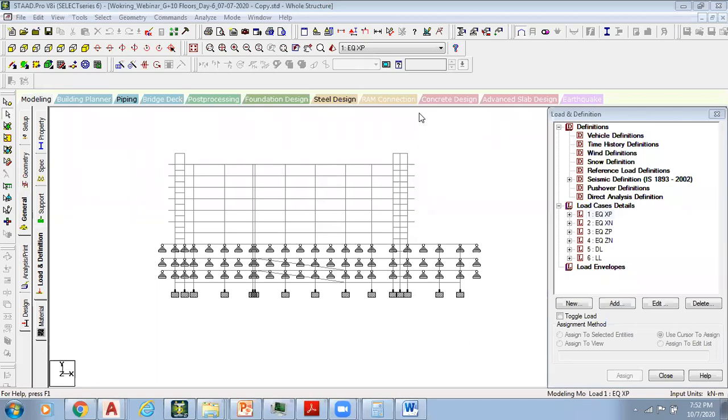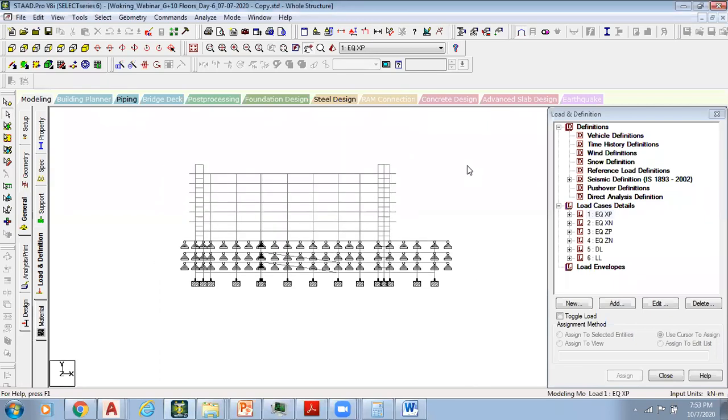Once you freeze the STAAD file by getting the appropriate response for designing this structure, you have to collect all the output information and write it down. Find the member numbers, the AST, and the number and diameter of the bars, and give this information to a drafting person who will prepare the structural drawings. Once the structural drawings are ready, they are sent to the site for execution. So that is the conventional procedure, or the phases involved, for designing a structure, right?